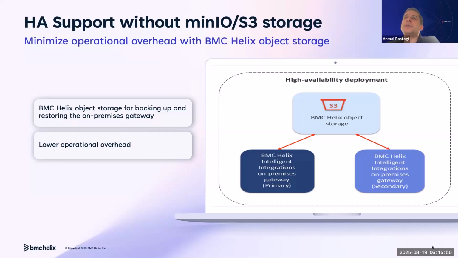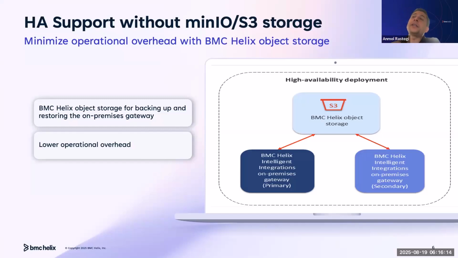If one node goes to another node, then this has to be in sync. Both nodes have to be in sync, and that sync is through the configuration that is stored either in the AWS S3 storage bucket or in MinIO. So this required an additional